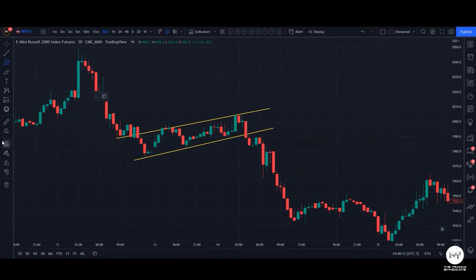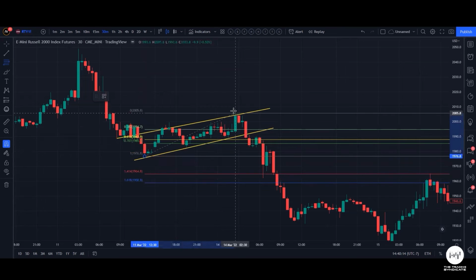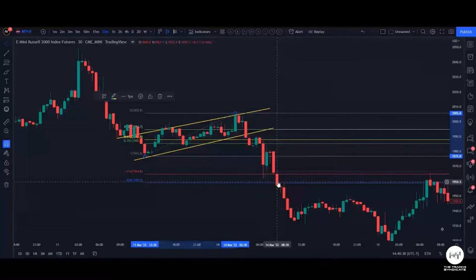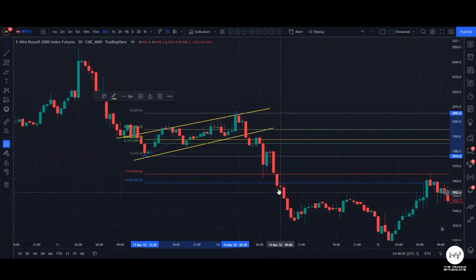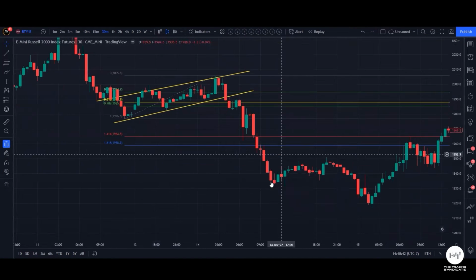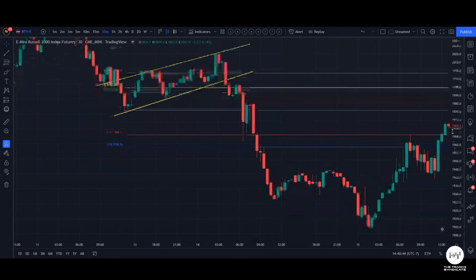This time, remember, you're going from the relative low to the relative high of the pattern using the Fibonacci retracement tool, waiting for that candlestick close beneath the 0.707 level. Once you get that close, take an entry to the downside, whether that be shorting the stock or playing puts, and you're going to ride that to the 1.414 and 1.618 level. This one did actually surpass that move before we see another bearish flag being